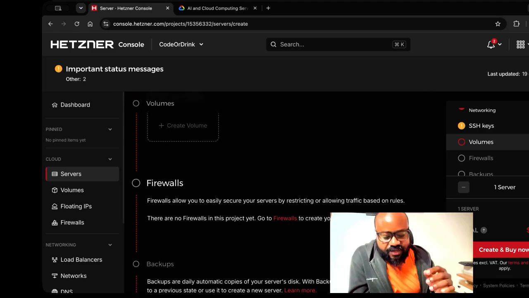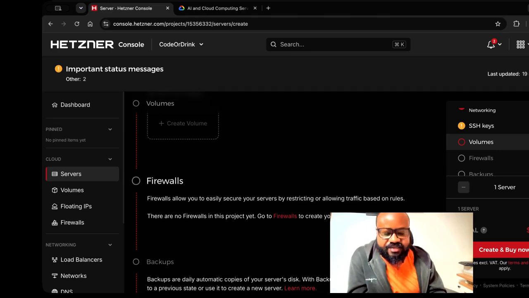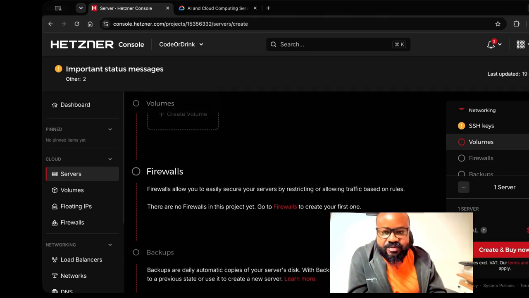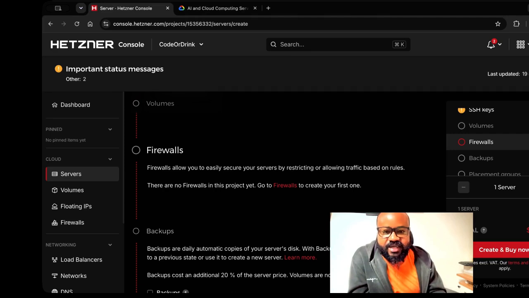But now with firewalls you're able to block incoming traffic based on the rules you have set. For example, you can say you want to restrict people from accessing my server using this port or this IP range. This is to control who you want to come in and who you don't want to come in. So you can use firewalls. I have seen people play around with firewalls to secure their